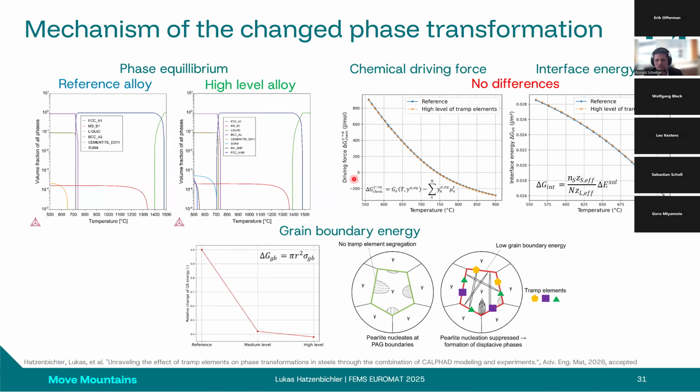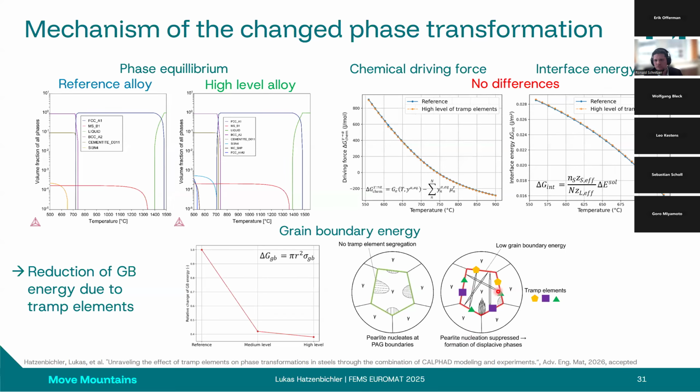ferrite or pearlite. What has to be done regarding this Calvert method, the calculation of phase transformation, is that you have to adjust your grain boundary energy. This was done here for the reference, medium scrap and high scrap level alloys, and then suddenly your simulation results fit your experimental values. The idea behind adjusting this grain boundary energy was that the tramp elements are located on the grain boundaries and result in a lower grain boundary energy, and therefore these tramp elements suppress the